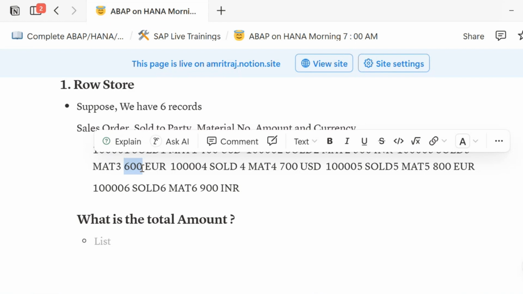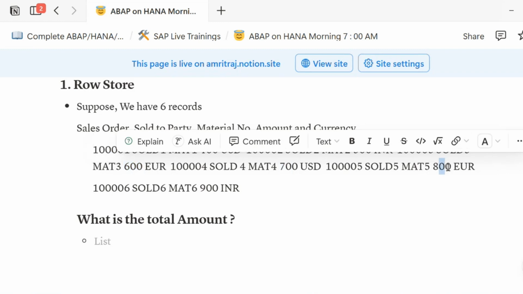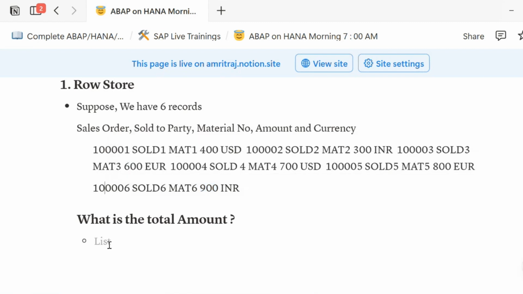Am I correct? Yes. Similarly, we will do this, and then we will go for the next. And this one is my last amount. This one is the last amount, right? So what we can see here, if we want to calculate